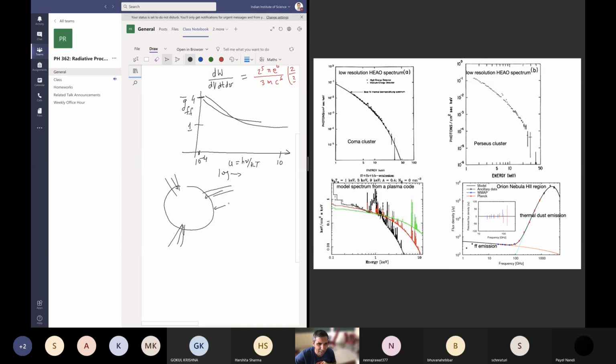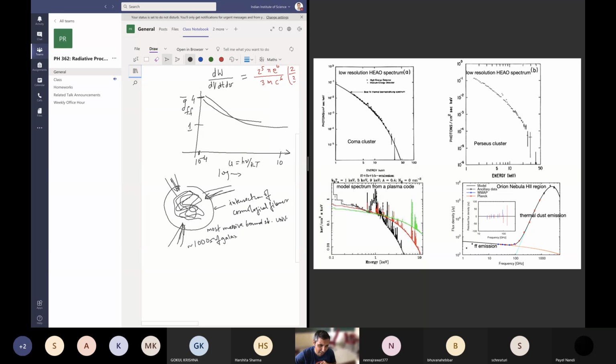These form at the intersection of cosmological filaments. Basically, material is attracted because of the deep gravitational potential of these galaxy clusters, and these particles thermalize. Their velocities are randomized, and so these are some of the most massive bound structures in the universe. These are called galaxy clusters. There are thousands of